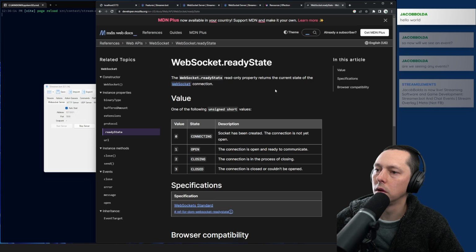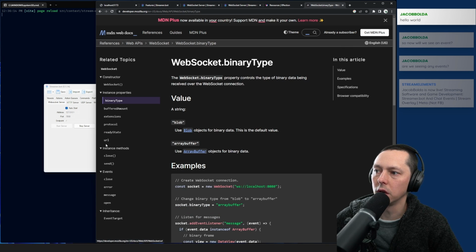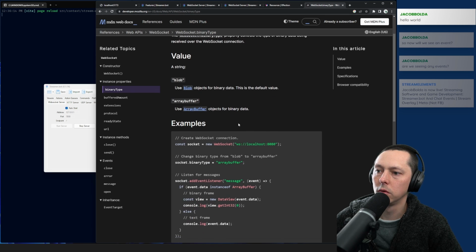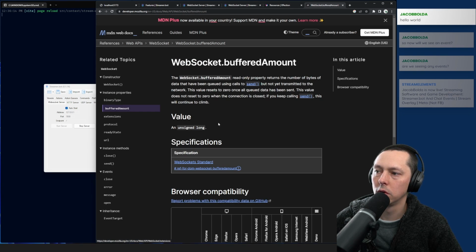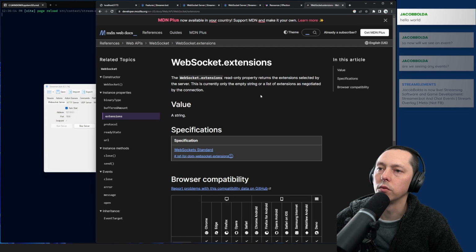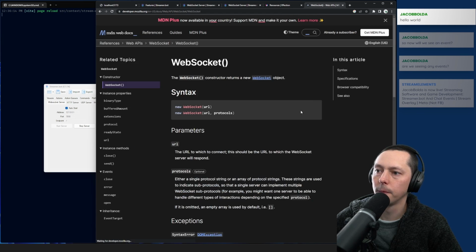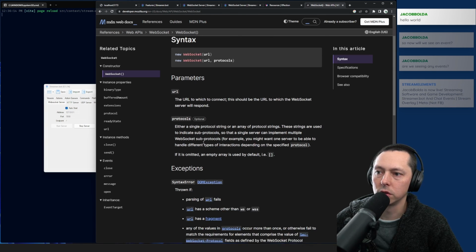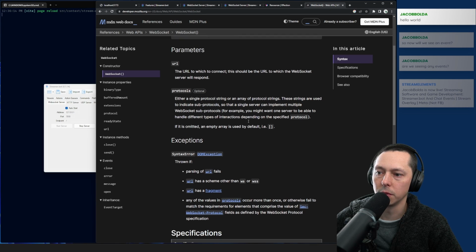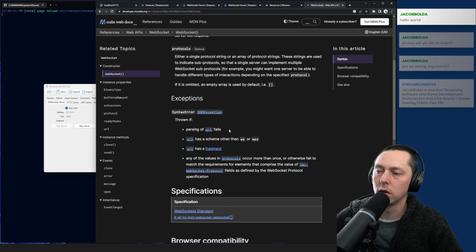So we've got different properties. What's extensions? Read-only property that returns the extensions. Okay. URL. Protocols. It's going to say sub-protocols, so it can implement multiple. So we get a syntax error, parsing of the URL. So if it has a scheme other than that,